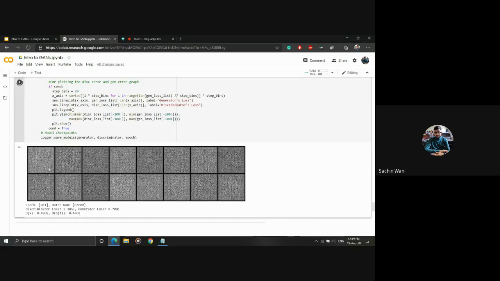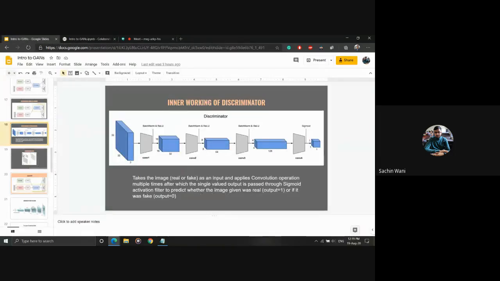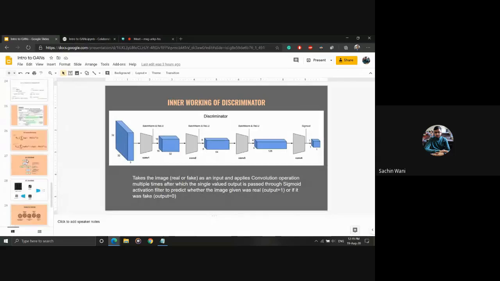is just initialized with random weights, so it will not know the difference between the real image and the fake image. And as you can see, this batch of 16 images is basically generated by the generator, which hasn't trained on what the real images look like. So it's just a bunch of pixels with random values. So training this model will take a long time. So while this is training, I will just move back to my presentation,